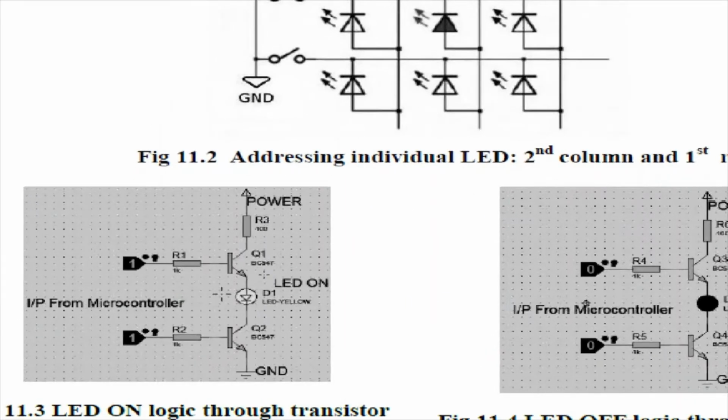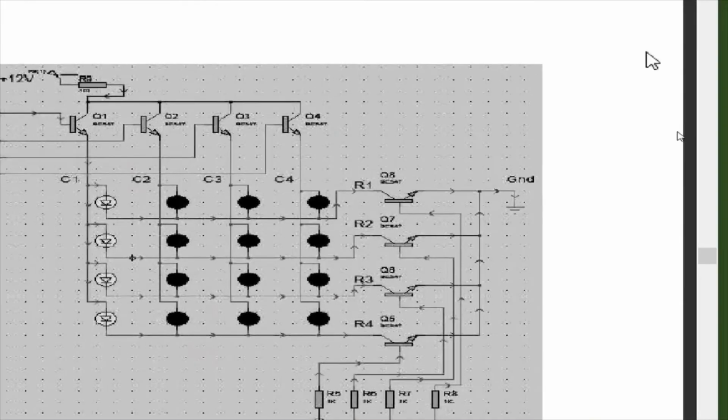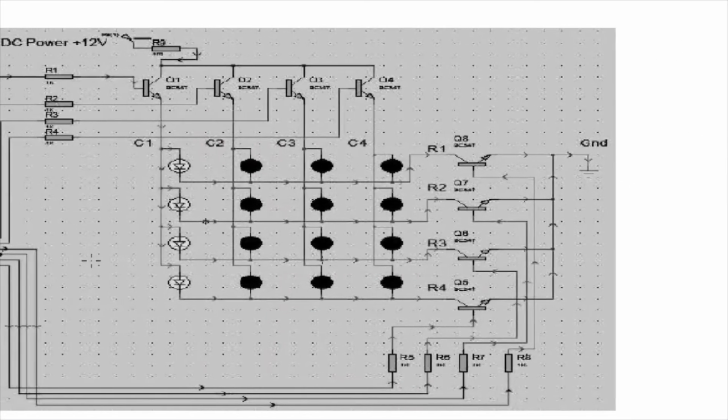and this actually shows that condition in diagram form, where a resistor is connected to collector of transistor, base of transistor is given logic 0 or logic 1. In our case we will connect it to the port pin. Similarly, the cathode is connected to ground through this transistor and its base is again connected to one of the port pins.